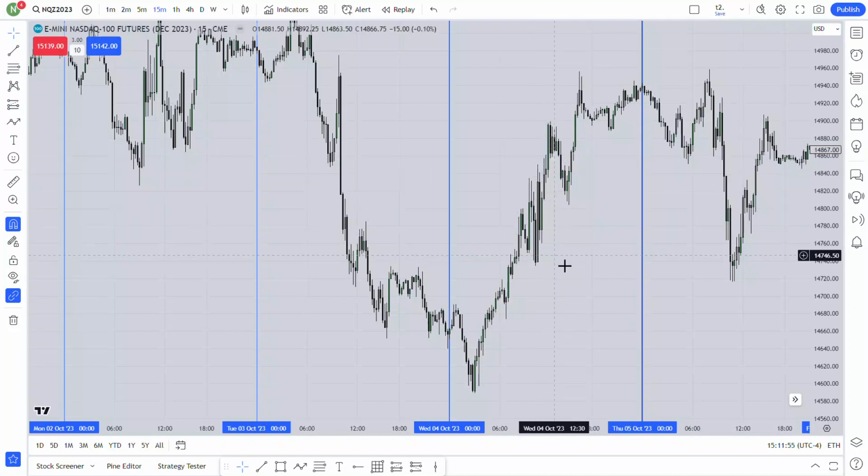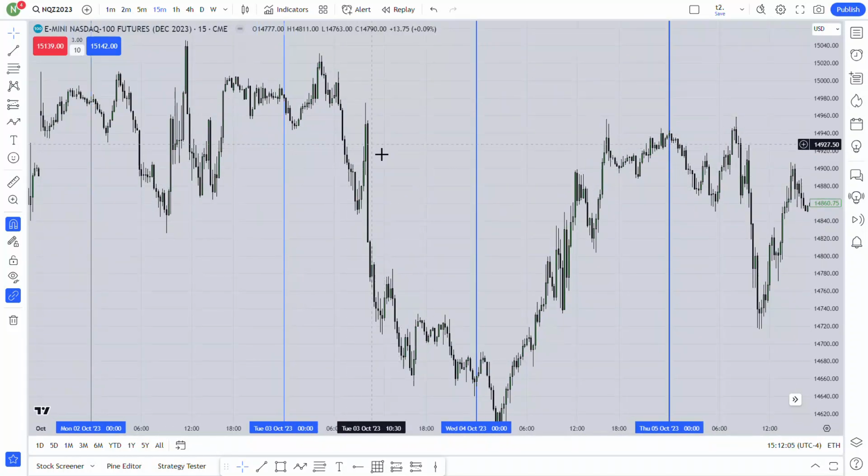If it has taken the sell side liquidity, it will go higher. If it has taken the buy side liquidity, it will go lower. At least it will give you a very nice setup and you will take your entry. But on Tuesday, you have to be careful about being manipulated by the market. That means if you see it has cleaned the buy side liquidity and started to go lower, don't think that the market